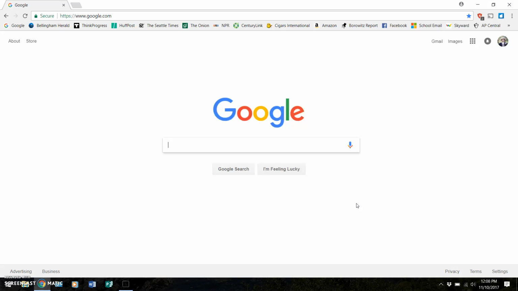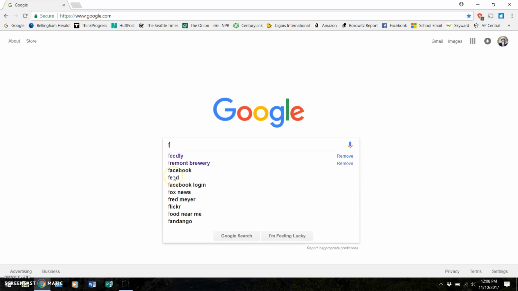I know that you like staying on top of politics for your civics class, so I'm going to show you how to set up an RSS feed so that you can get the latest articles as soon as they come out. Even if you haven't checked the webpage, you'll be notified that they are there, so you can check them. First thing you need to do is